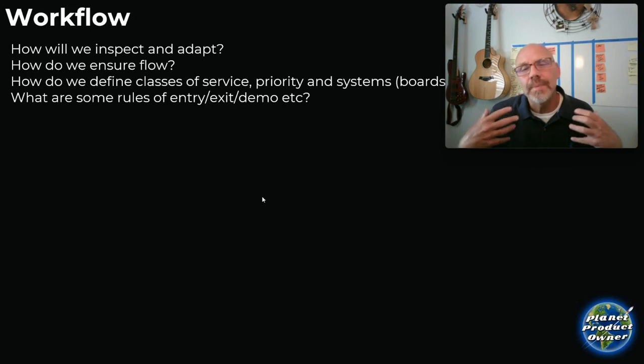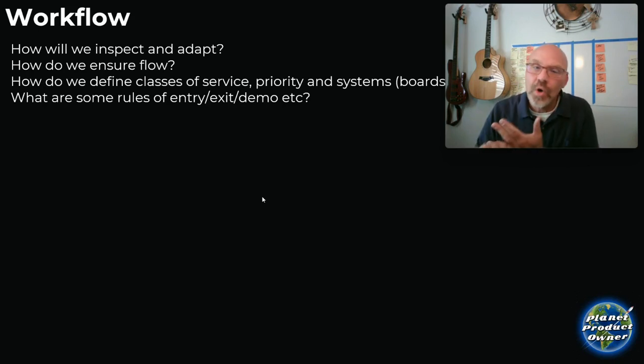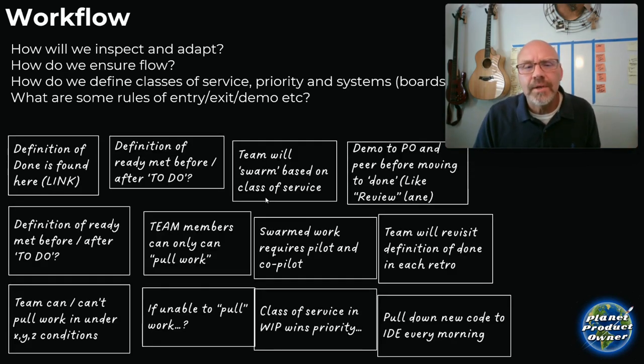How are we going to inspect and adapt and assure flow? How do we define classes of service, work types, priority, systems, and boards? I mean by that, what are some of the rules around the entry, exit, and demo? All that sort of thing, right? So let's look at some examples of that here on the screen. So the definition of done. Where is it? What is it? How does that look and feel? I'm not covering that in this video because